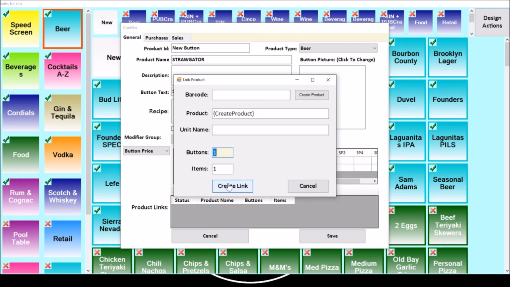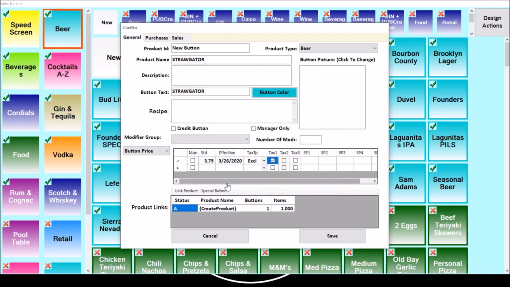And what we're going to do is create a link between this button and that product that we're creating. So we hit create product, and you see our relationship here is 1-on-1. So now every time somebody buys a straw gator, one of those will come out of inventory. I'm going to press save,